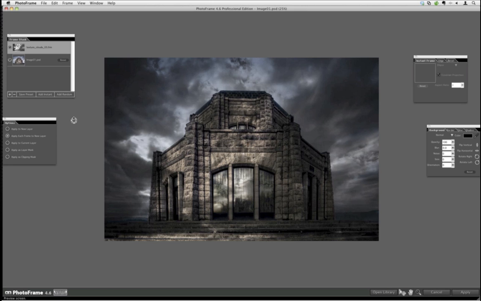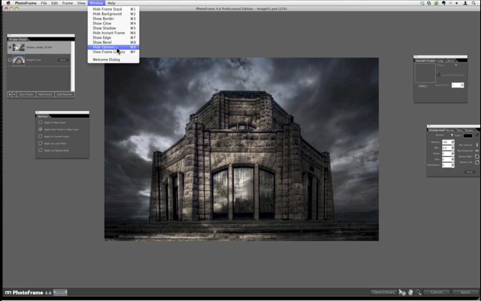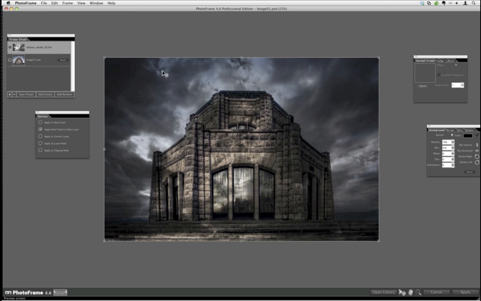I'm not worried about masking out in here because you see this options panel. If you don't know how to get to this options panel, you can go to Window and then toggle this hide or show options. It's important that you select this second radio button called apply each frame to new layer. Because right now, if we just had one element, which are the clouds, it wouldn't really matter because it would